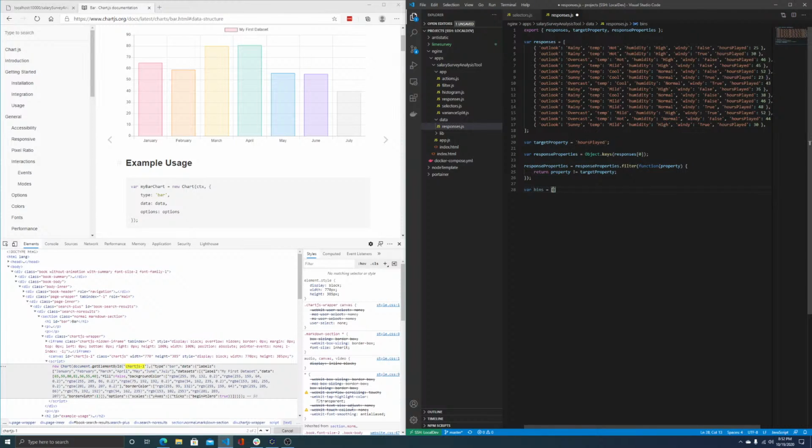Let's see, our min looks like 25, and our max is up around 52. So let's do this. Our bins array is going to be a series of objects for low, high. We'll start at 20, 25, and